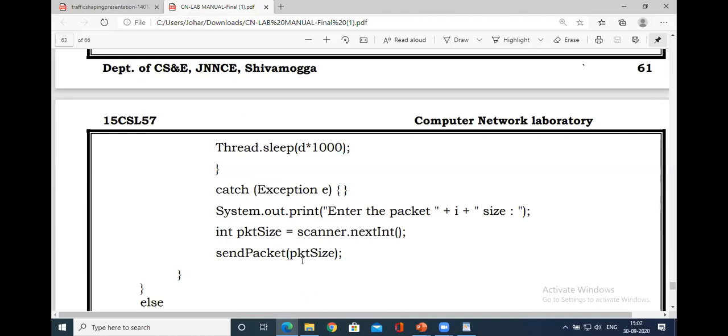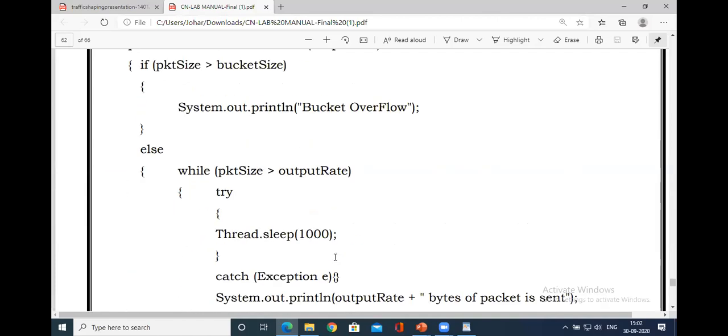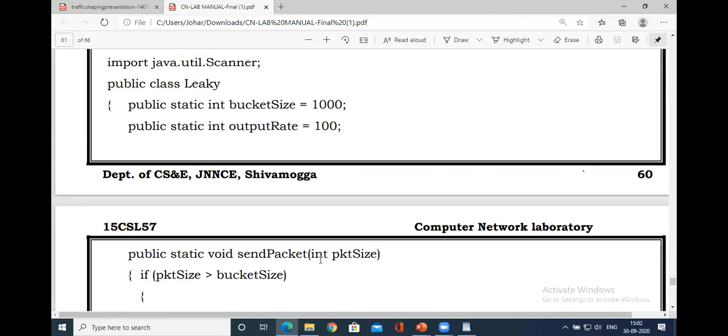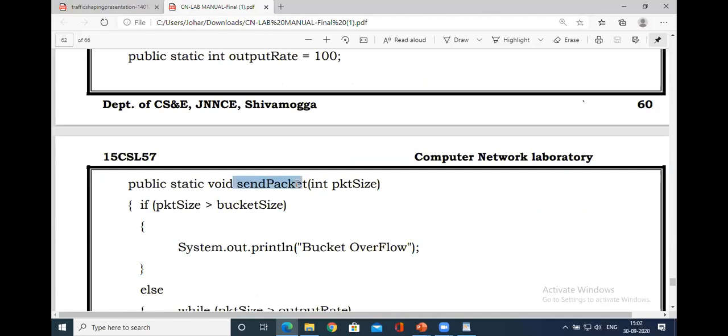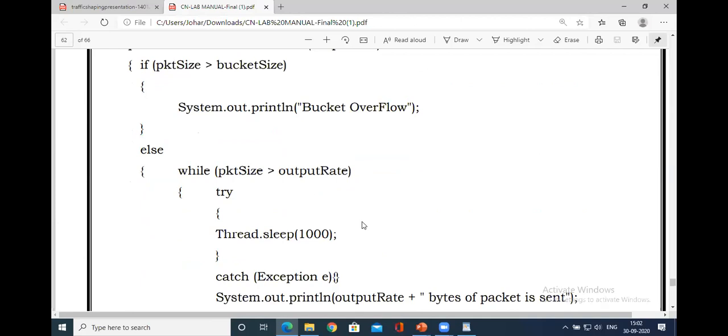So you call the send packet size. What does the send packet size do? Send packet size does the calculations, that is it subtracts the output rate from the given packet size and calculates the new packet size.